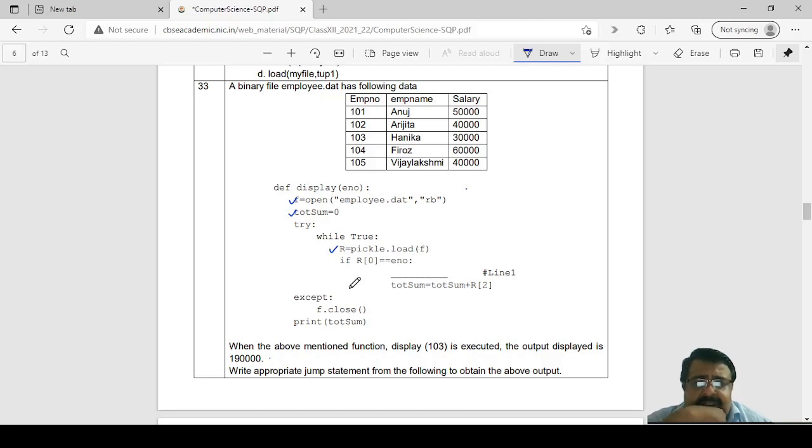Well, in this question, actually, there has to be an indentation error. Because if this condition is satisfied, suppose this condition is satisfied, then this block should execute. So basically what should happen, this statement should start from here.